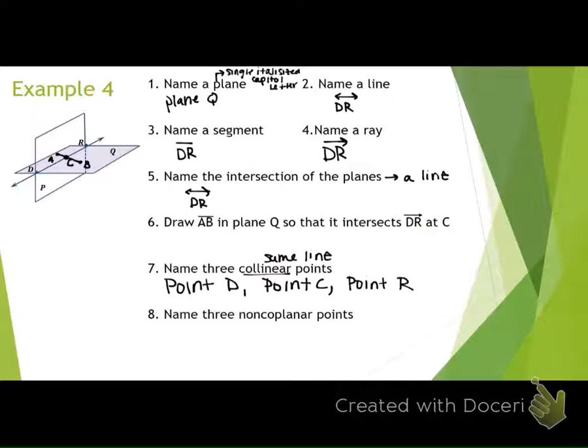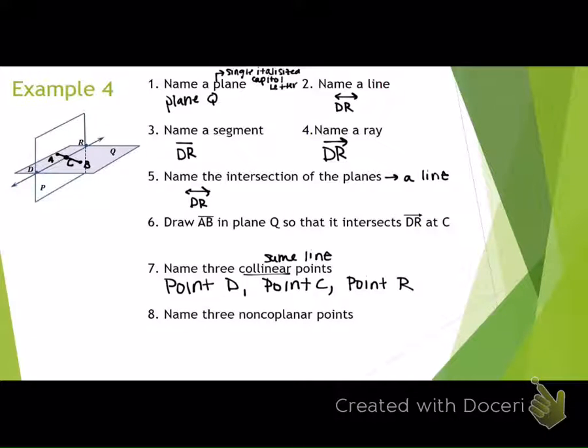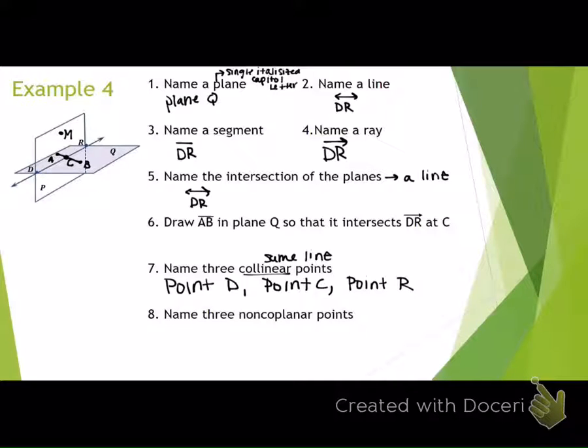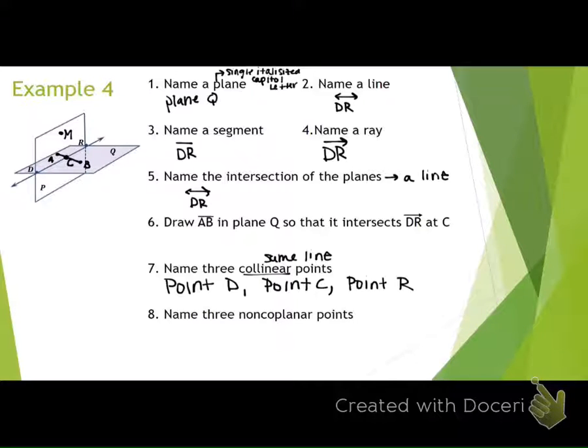If P was a point, yes, that would work. I don't know if P is technically a point because it doesn't have a point there. Yes, though, if it was. So let's just put another point up here and make it M, okay? So Q and P are not points. Those are labeling the plane. So if we put an M up here,